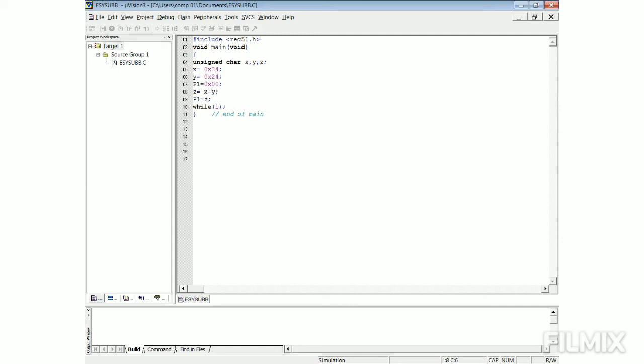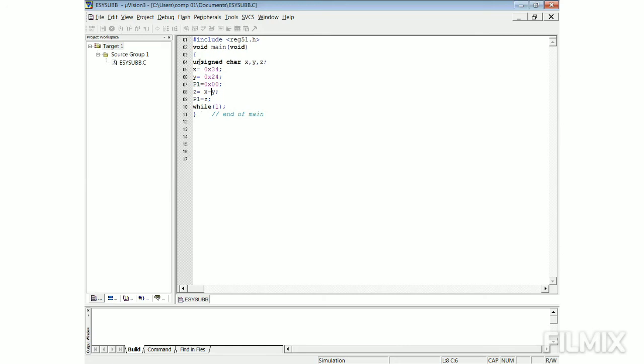Whatever the result, the result will get sent on port P1 because P1 acts as an output port. So, the result is sent on port P1. While one semicolon, next we have to use closing curly bracket. This indicates end of main program.